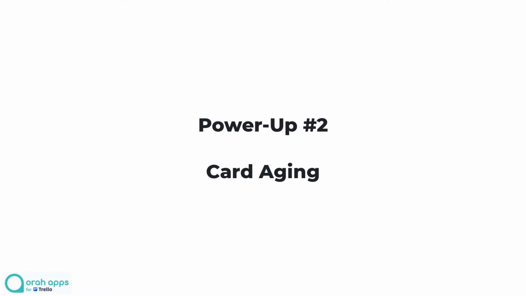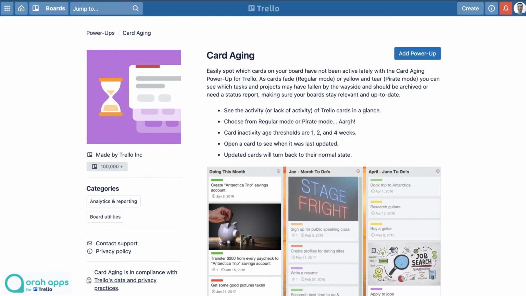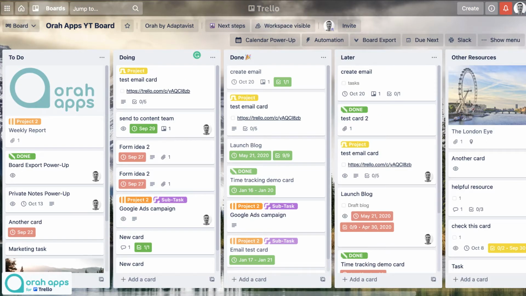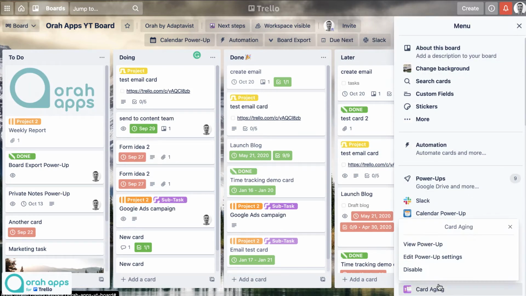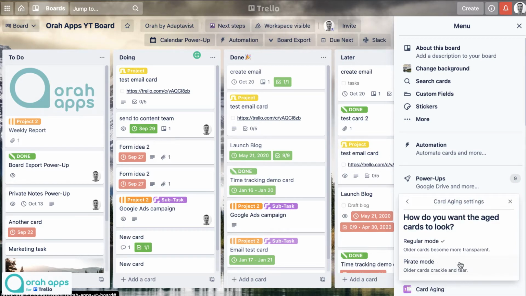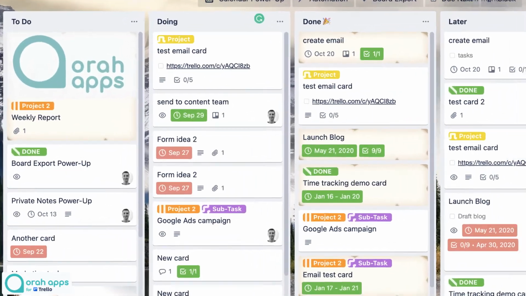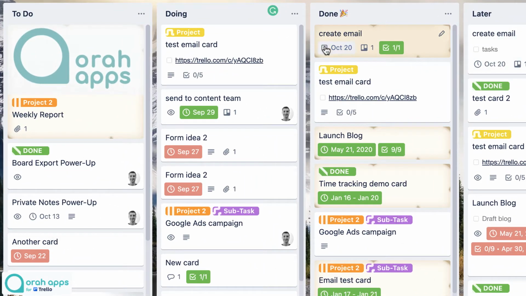And here we have card aging. So this will show you how old cards are on your board, which is great for showing you visually which ones are getting a little bit old, bit out of date, they need some attention, you haven't done anything on these for a while, and the longer you leave it, the more the cards are either going to fade, or, my personal preference, they will go into pirate mode, which you can do just by editing the power-up settings like this, and we click pirate, and then we can see that these cards are starting to fray and change color,